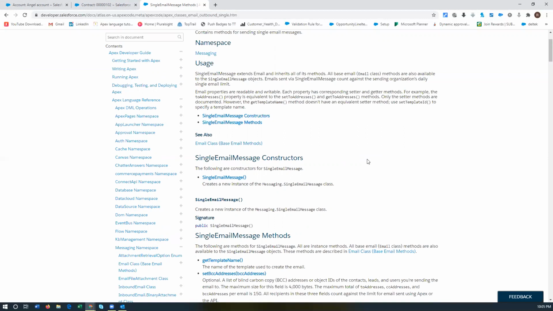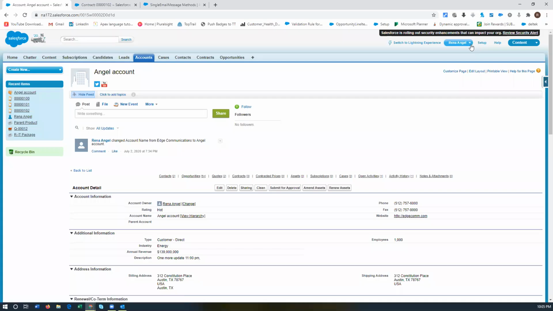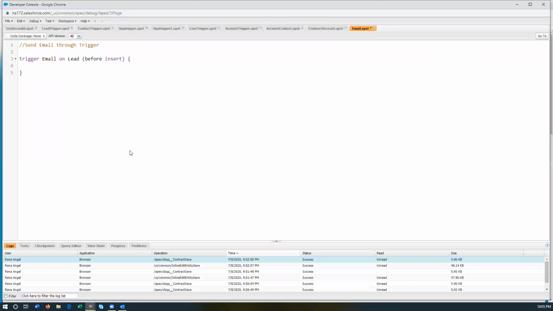Okay, so this one just like yeah. Mm, code developer console. Yes. Okay. Okay. Now